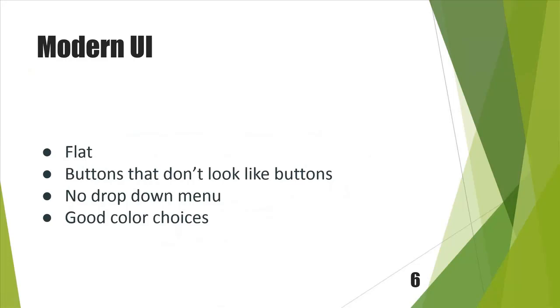Another change was getting rid of drop-down menus. They're not really easy to manipulate, or we didn't think they were easy to manipulate, on a touchscreen device. And then some good color choices, using color or the absence of color. Our sales application takes the more simplistic design, like the new Apple stuff does, where it's shades of gray and white and blue. So I'll show you real quick what we do for our